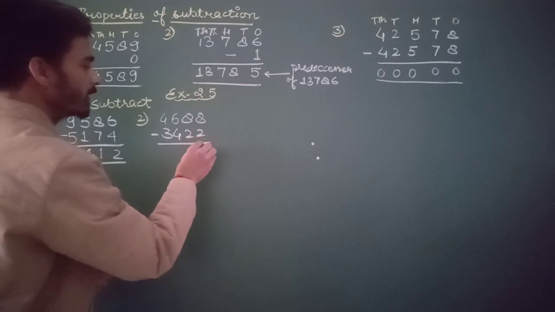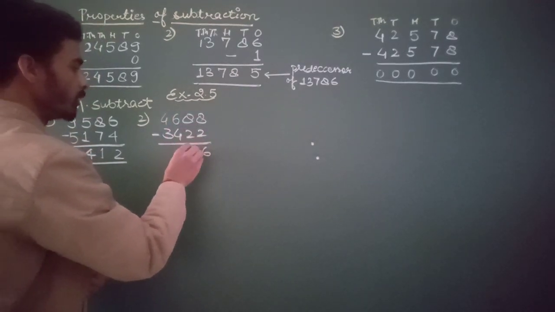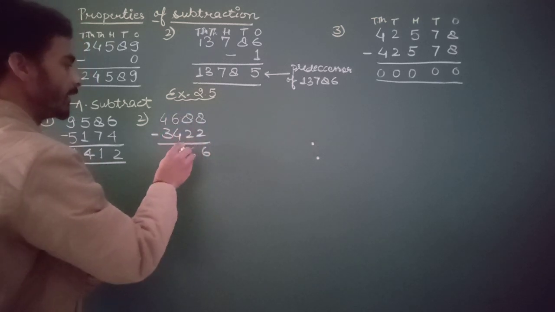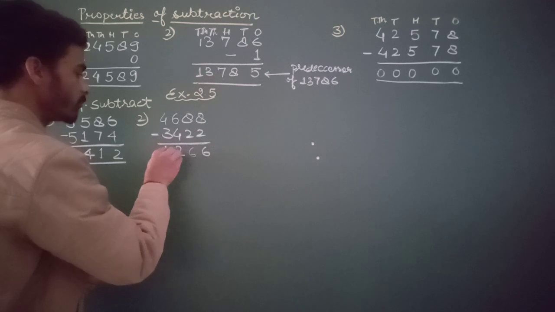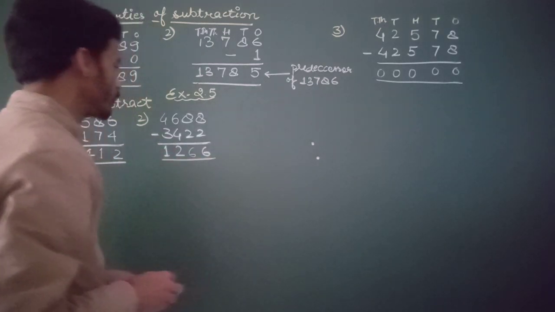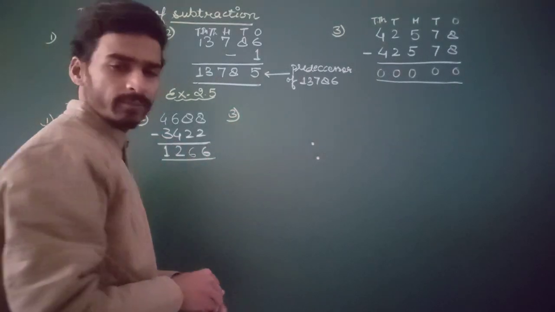8 ones minus 2 ones, 6 ones. 8 tens minus 2 tens, that is 6 tens. And 600 minus 400, that is 200, and 4000 minus 3000, that is 1000. So the answer is 1266. Question number 3 is